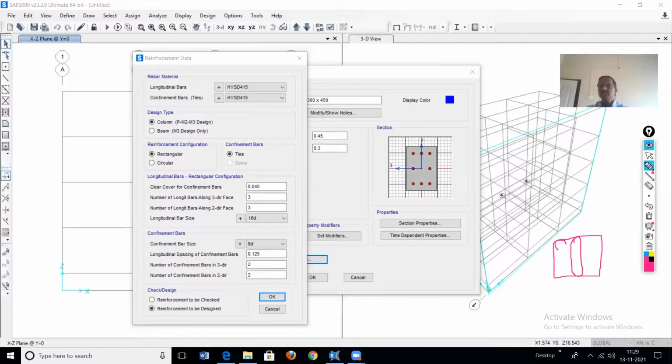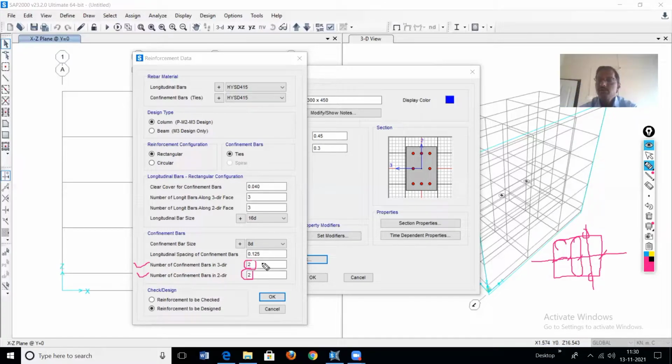If we do the configuration of the lateral ties like this, then when we take the section in three direction, it is cutting how many vertical confinement bars? This is 1, this is 2, this is 3, and this is 4. So here you have to fill the value equal to 4. Similarly, in two direction, when we take the section, it is cutting only 2, this and this. So here we have to fill 2. In this way, the values in this dialog box are to be filled up.